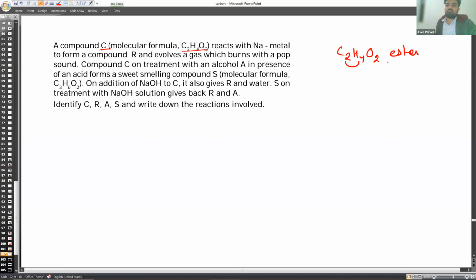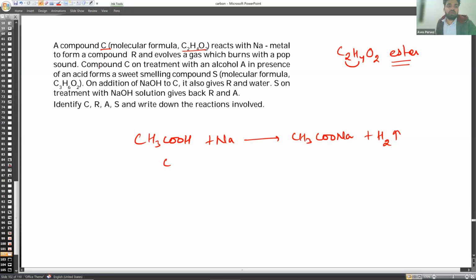When we have this saponification reaction, esters react with NaOH to give you the sodium salt of carboxylic acid plus alcohol. So first of all, compound C is not an ester. It is a carboxylic acid, because carboxylic acid reacts with Na. So it is the 2 carbon carboxylic acid, CH3COOH. When it reacts with Na, it will give you CH3COONa, plus hydrogen gas. You know that acids when they react with metals give you salt plus hydrogen gas.